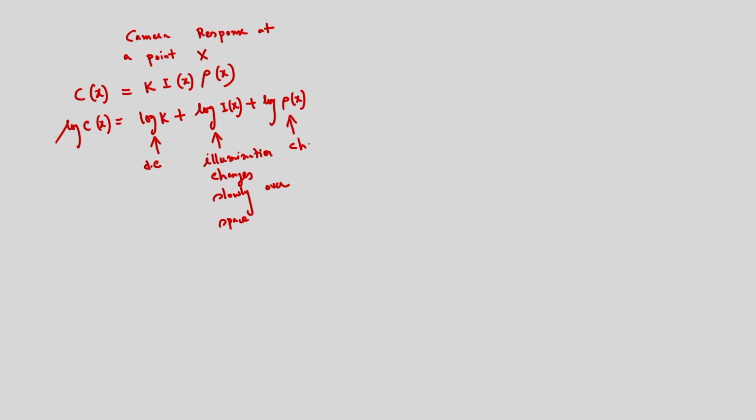The albedo changes quickly over space. So illumination changes slowly over space, and the albedo changes quickly over space because of varying phase angles. Like in the edges, the albedo changes very quickly. Now in this case, I can show pictorially how you can recover the reflectance, because the objective is mainly to recover the reflectance.